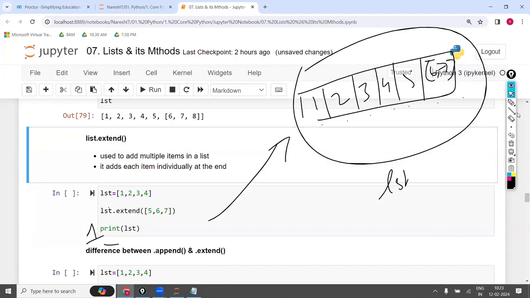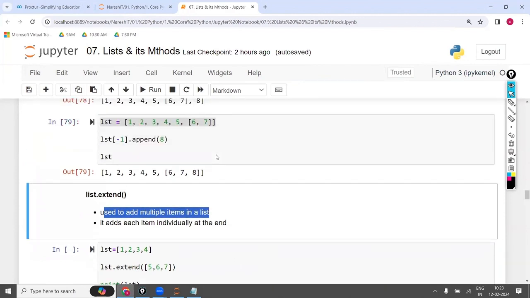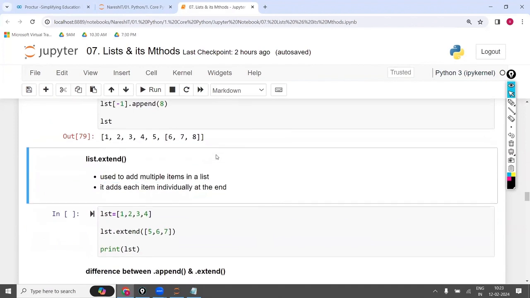Next method is called extend. Now, what is the use of this one? Use it to add multiple items. Append is used to add one item, and this is used to add multiple items. You can add the multiple items. How can we add the multiple items?